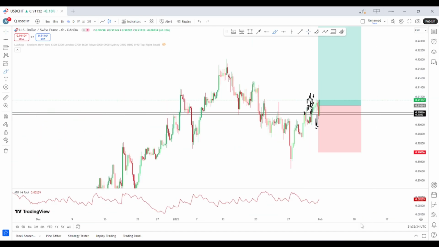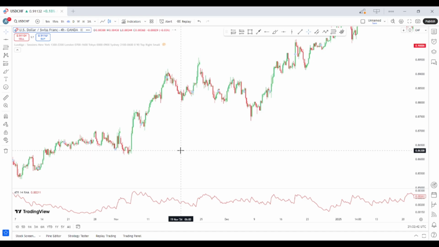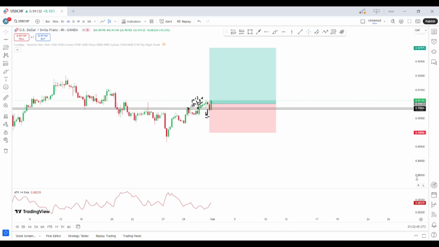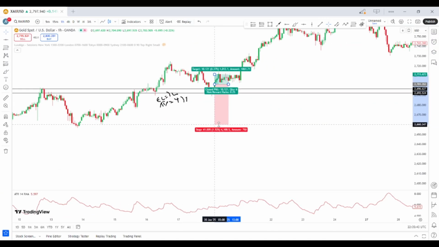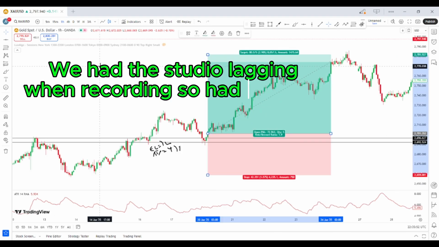All right, so this is for a buy trade. Let's find out for a sell trade, and let's go for a different pair. Let's try and use gold for the example. If you're a day trader, I recommend you scale down to the 15-minute. This trade, we took it on the 1 hour. If you're a day trader, I recommend you scale down to the 15 minutes and the 5 minutes